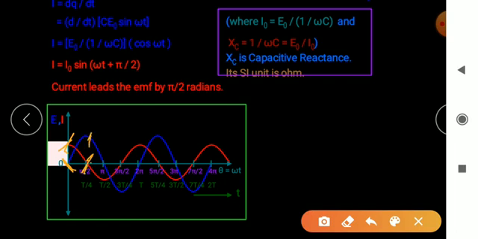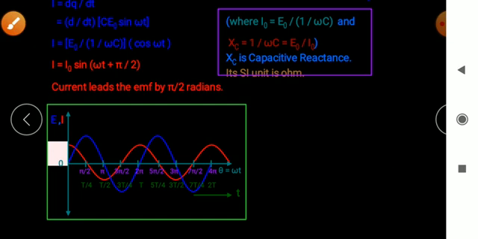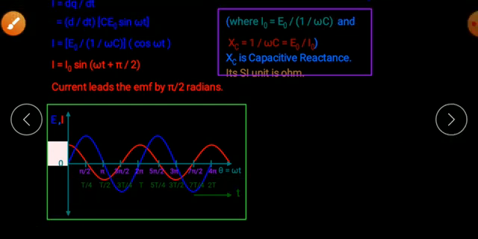The phase angle between E and I is pi by 2. I hope this point is clear to you. In a perfect capacitor, the current leads the EMF by a phase angle of pi by 2. It means when EMF is 0, current is maximum, and